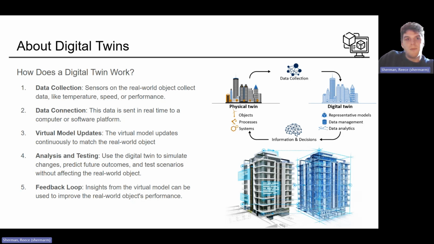And then the third step, the virtual model updates itself continuously to mirror its real-world counterpart. Step four is analysis and testing. This is when the digital twin can simulate changes, predict future outcomes, and test scenarios without affecting its real-world object. And then the final step is this feedback loop where insights from the virtual model can be used to improve